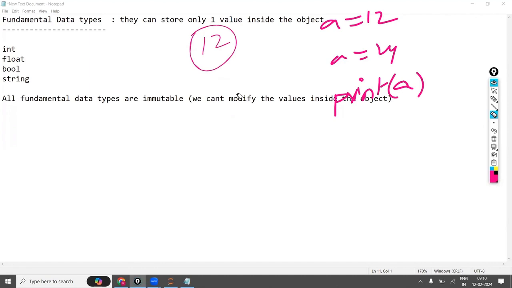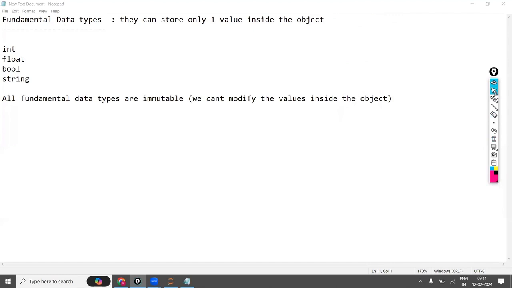Here the point is it can store the latest value, but not inside the same object. We can't modify the values within the same object, or inside the same object. That point is important. So here the address of the A object is different, right?